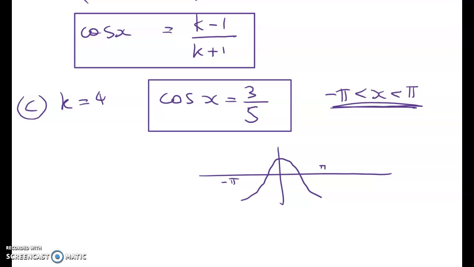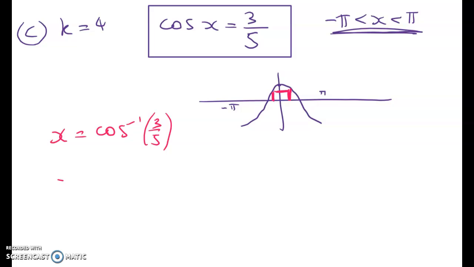So we know that it's an even function, it's symmetric about 0, and you can see from this that there are going to be two values that I want as my solutions. So here and here. So x is equal to cos inverse of 3/5, and in radians that gives me x is equal to 0.927 as the principal value, and then the other one in my domain will be x is equal to negative